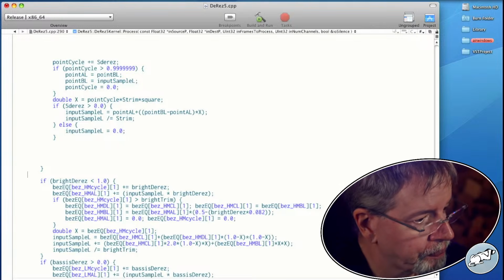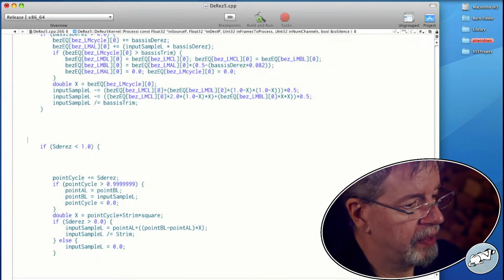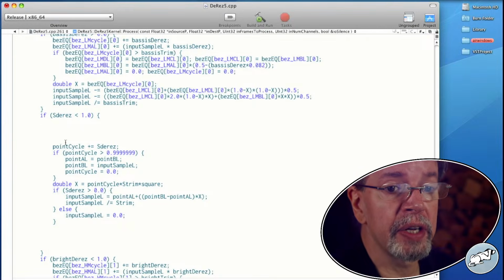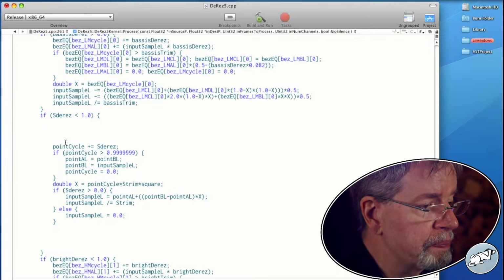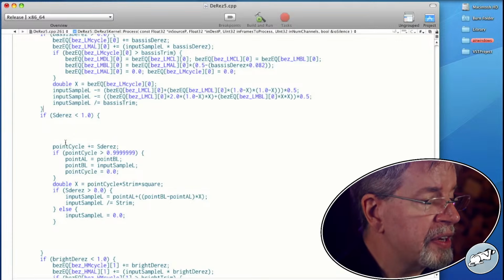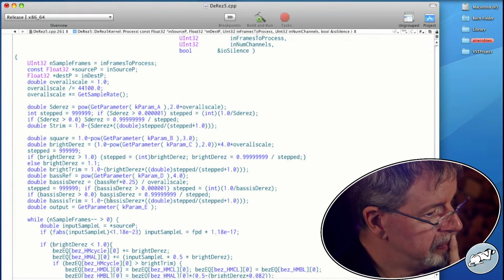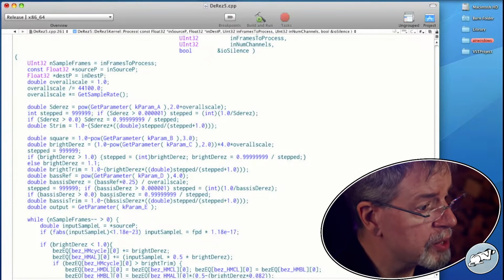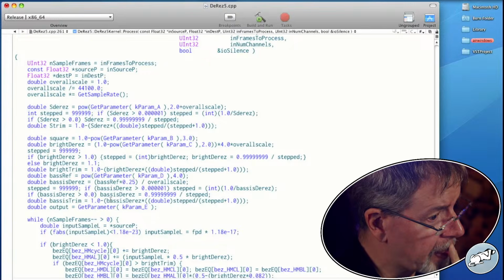Excuse me. That is just a bypass. That is to allow it to not do any deresing at all unless you've actively had deresing enabled. So you have to have it set to something smaller than 1. STrim is what we're generating here. So that's actually probably still fine.